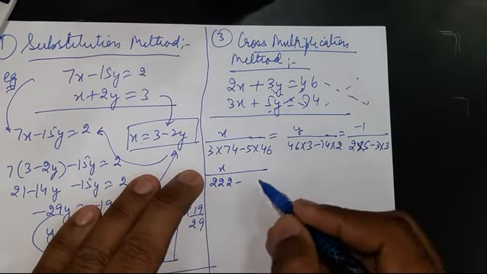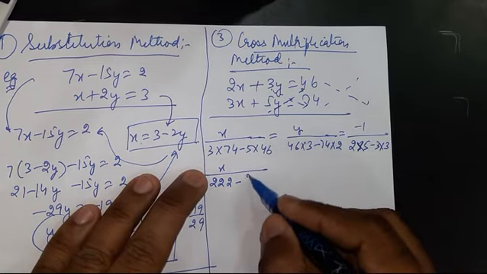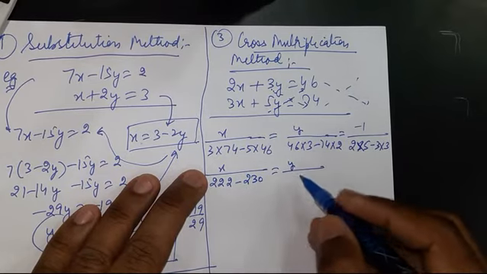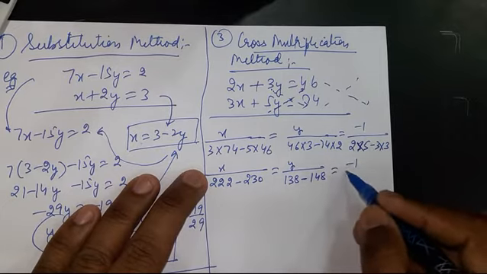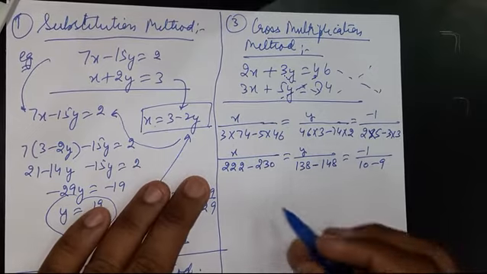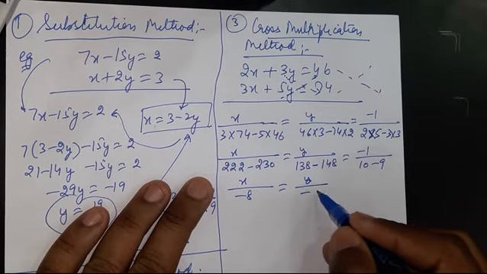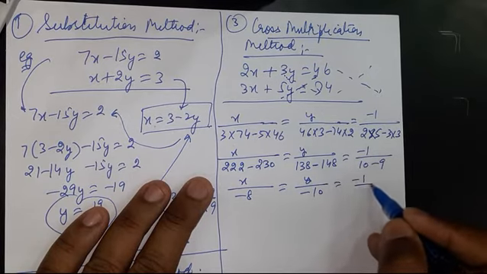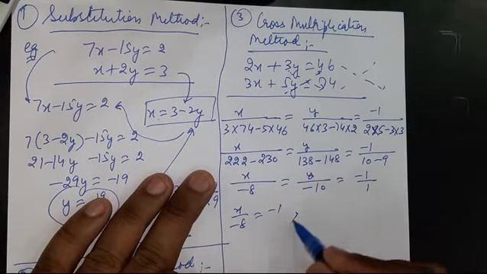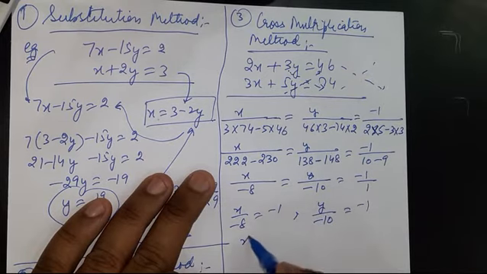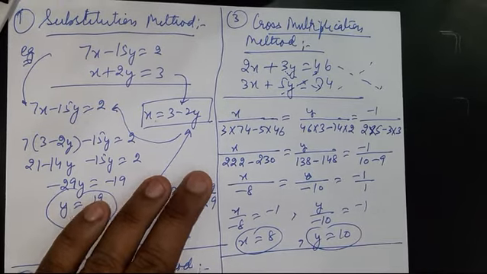What you get is 222, then 230, then 138, then 148, minus 1 upon 10 minus 9. So what you get is x upon minus 8, y upon minus 10, equal to minus 1 upon 1. Now x upon minus 8 is equal to minus 1, y upon minus 10 is equal to minus 1. So x is equal to 8, y is equal to 10. So you get both the values of